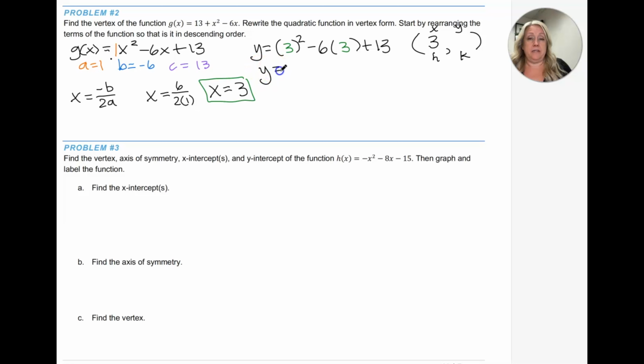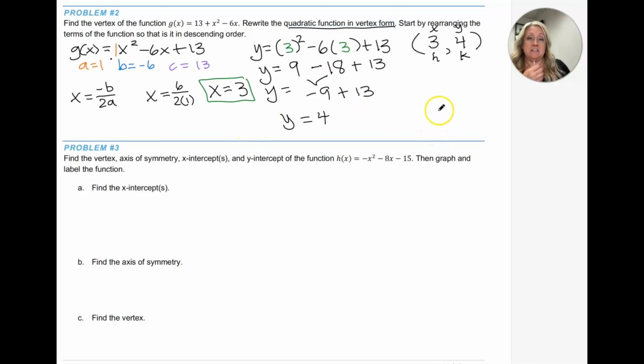Multiply and combine like terms. So we've got 3 squared is 9, minus 6 times 3, which is 18, plus 13. If we combine those together, we get negative 9 plus 13. So y equals 4. So I have my vertex is 3, 4,